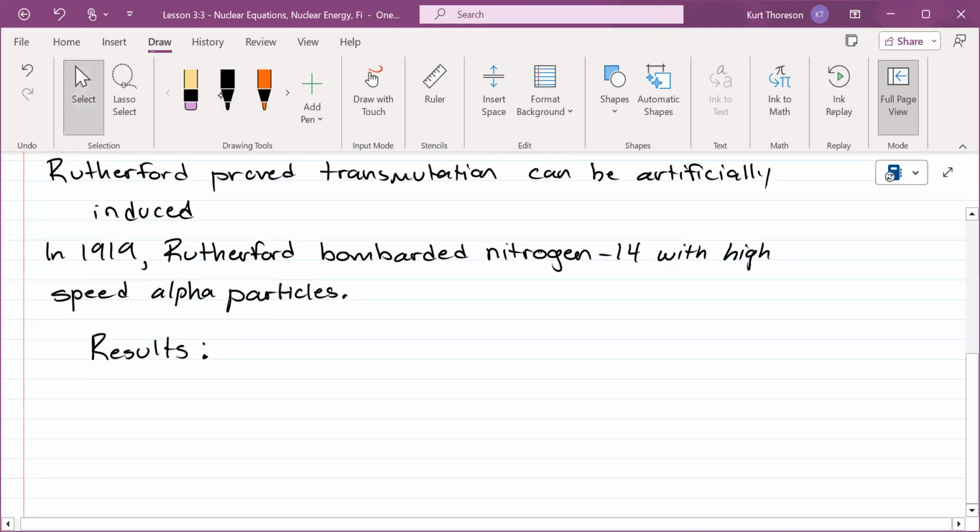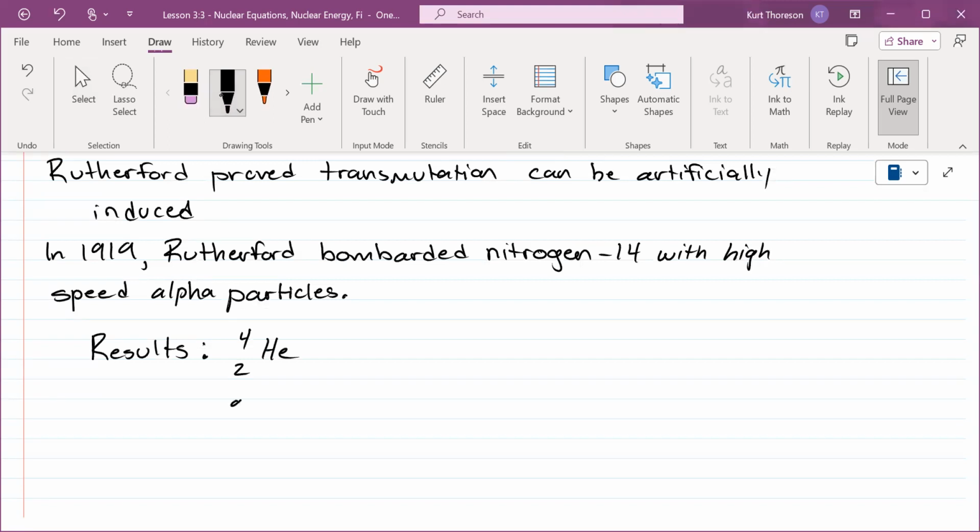He didn't know what was going to happen, guys. You got to understand the thing about science. Sometimes you just perform an experiment and you record your results, whatever they are. And then you do it again, see if you get the same results. Then you have a buddy do it, see if they get the same results over and over and over. You got to see what the outcome is. Sometimes they don't know what the outcome is. They can try to predict it, but you don't know for sure. Here's what the outcome was. Here's the alpha particles. Here's nitrogen-14.